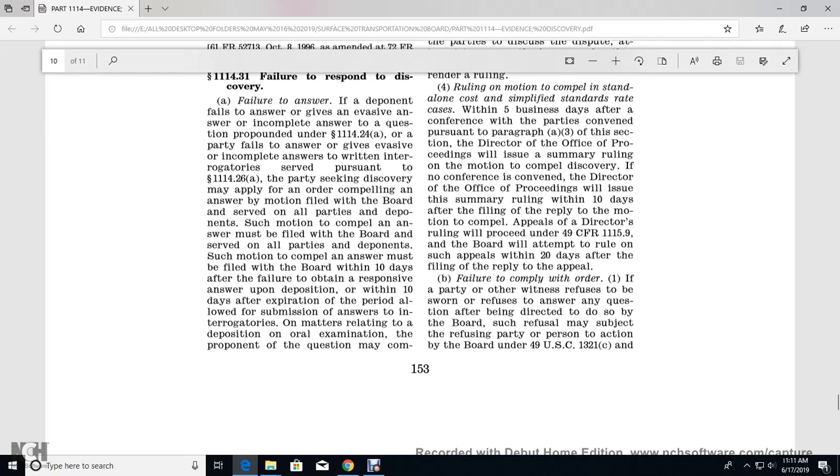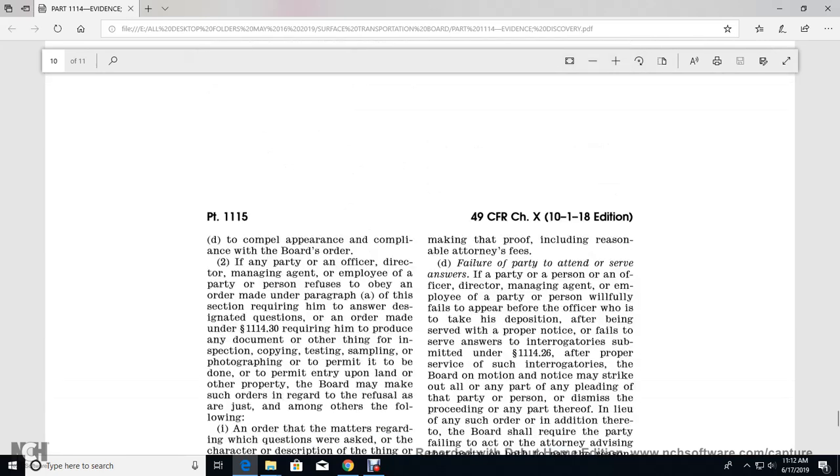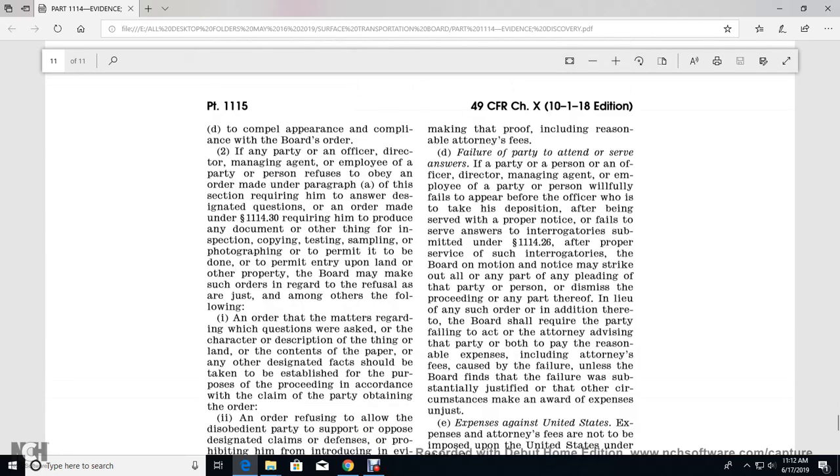Failure to comply with the order: if a party or other witness refuses to be sworn, or refuses to answer any question after being directed to do so by the board, the refusal may subject the refusing party or any person to action by the board under Title 49 U.S. Code 1321 to compel the appearance or compliance with the board's order. If any party, officer, director, managing agent, or employee of the party refuses to obey the order made under paragraph A,